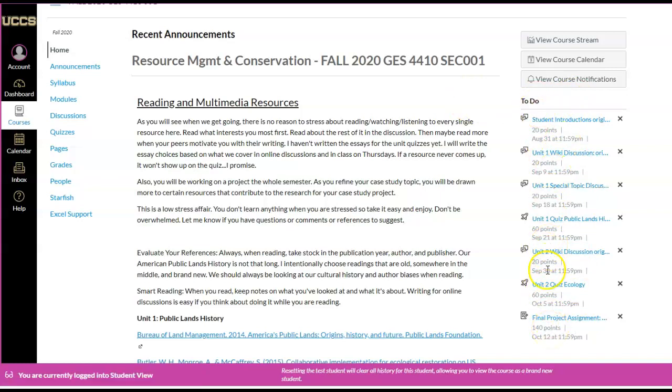Now on the right, you'll see it says To Do, and this looks like a lot of things to do, but look at the due dates. They're set pretty far out. I still need to publish the rest of the course to you, but I didn't want you to be overwhelmed, so I just have the first 2 units here. But notice there's no beginning dates. That's why it says everything's to do.